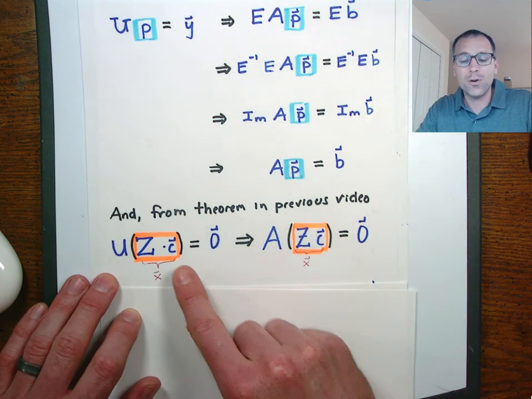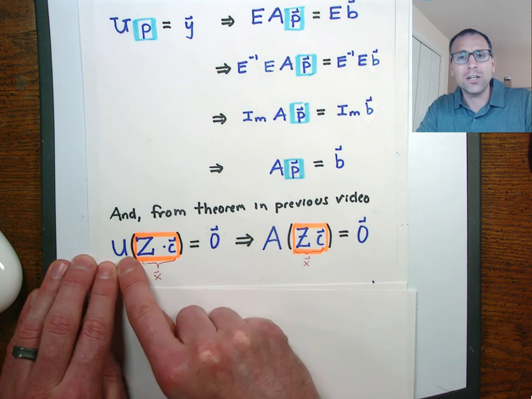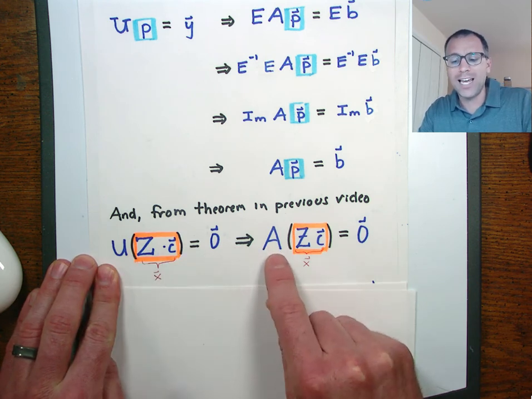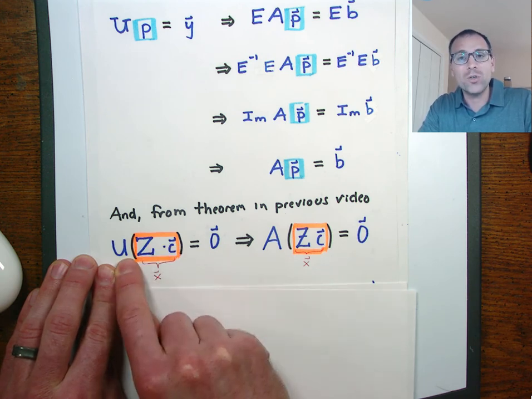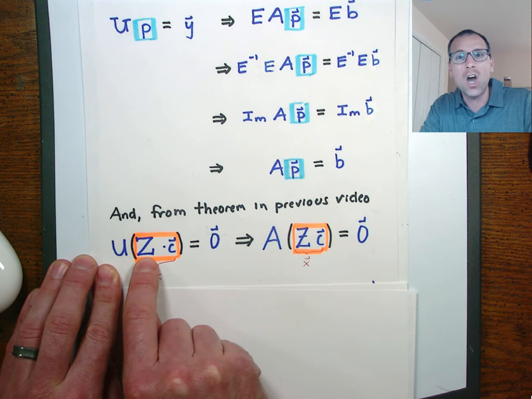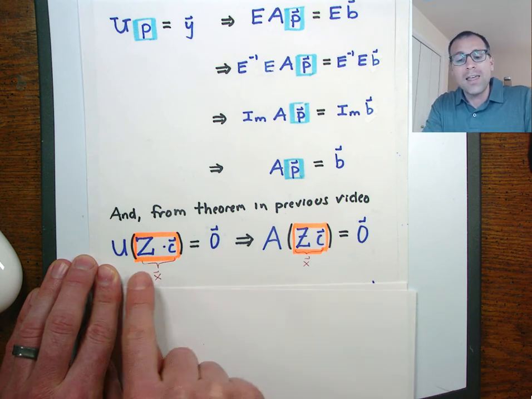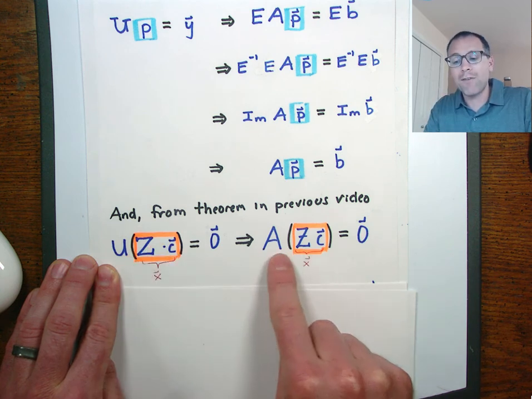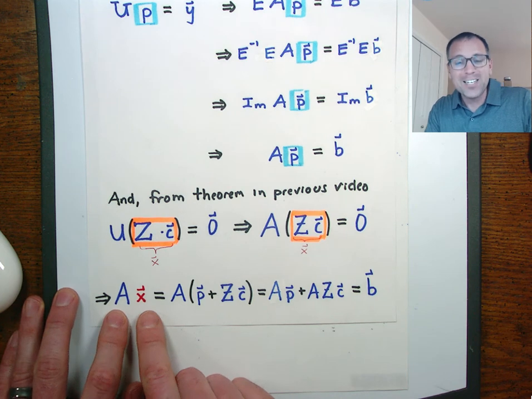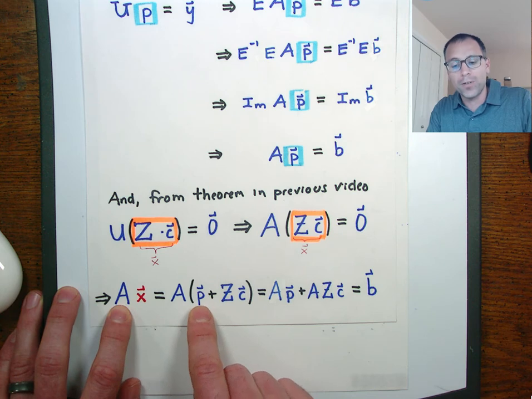Similarly, in the third video in this playlist, we had a theorem that says if I send the matrix U to 0, that is equivalent to sending the matrix A to 0. But I know the matrix Z times C sends the matrix U to 0, because the columns of Z come from the individual vectors, which are unique special trivial solutions. The moment I know that that vector sends U to 0, by that theorem, I also know that vector sends A to 0,